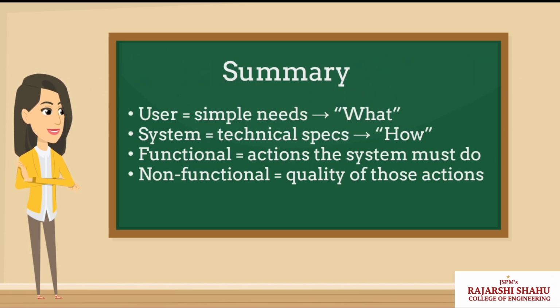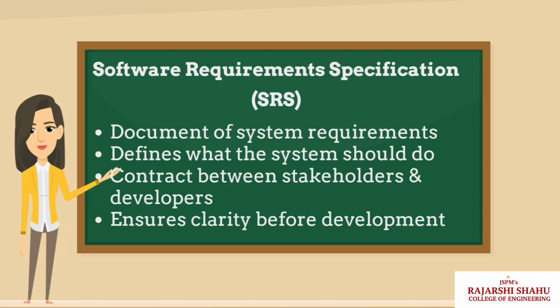In short, user requirements capture what users want. System requirements define how to build it. Functional requirements specify actions. Non-functional requirements define quality. Good requirements equals success. Software Requirements Specification, or SRS, is a document that defines what a software system should do and under